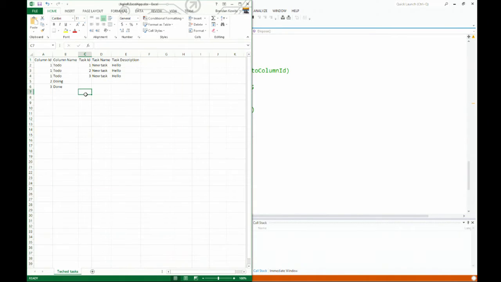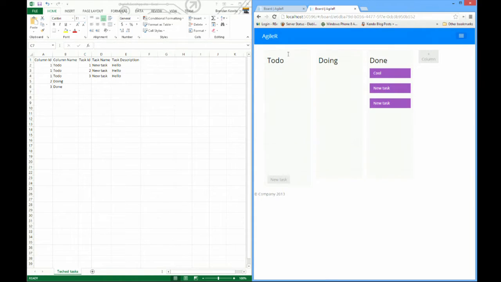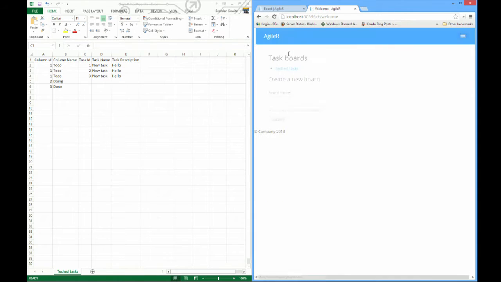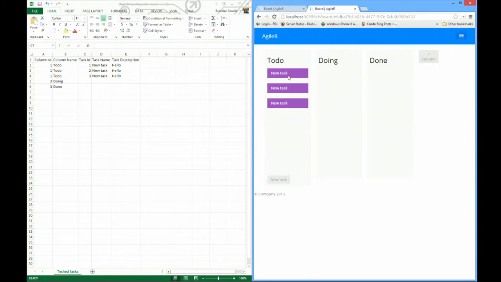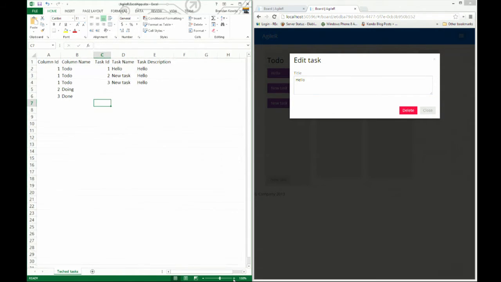Okay, so it's dragged down the current tasks, and that's just using a JSON request. Nothing SignalR has happened yet, but it's just about to. So I'm loading up the same web app that I had before, going to my TechEd tasks, and refresh that just to reset the state. Yep, go in here. So now when I drag these across, it should, no, not dragging, what am I doing? I'm updating the description. So when I update the description, it should update in Excel. There we go.